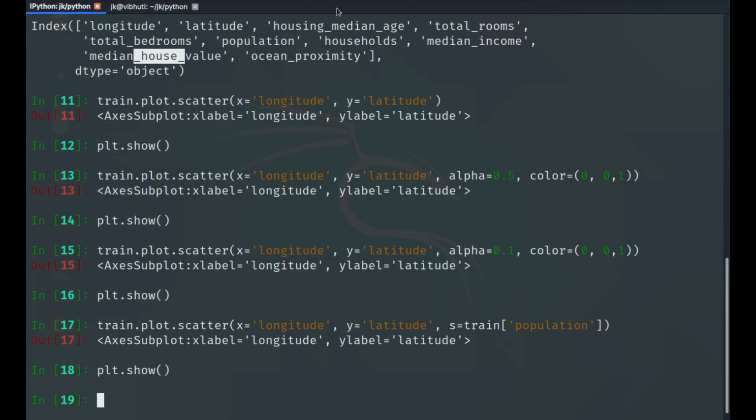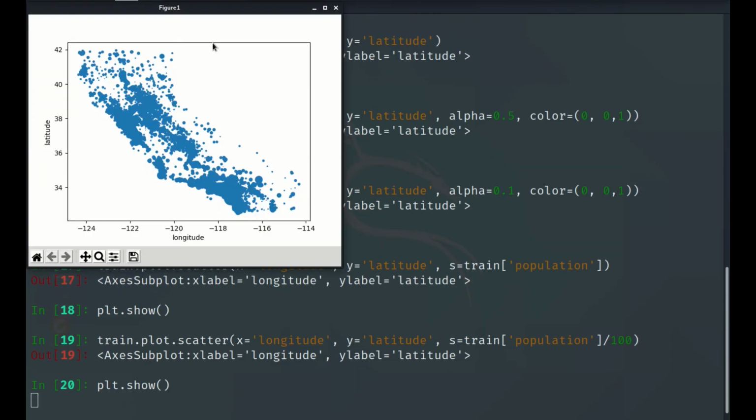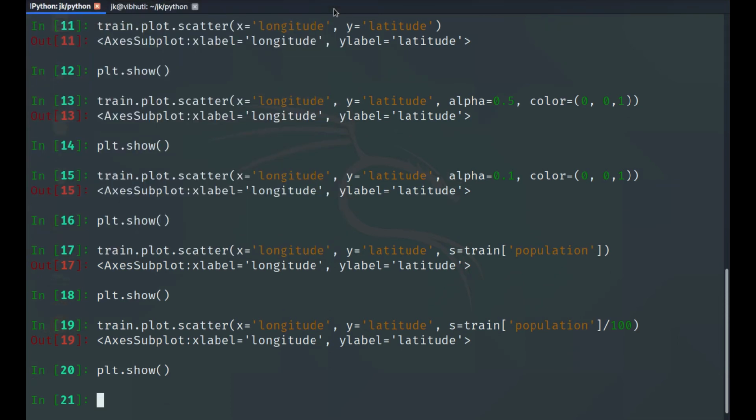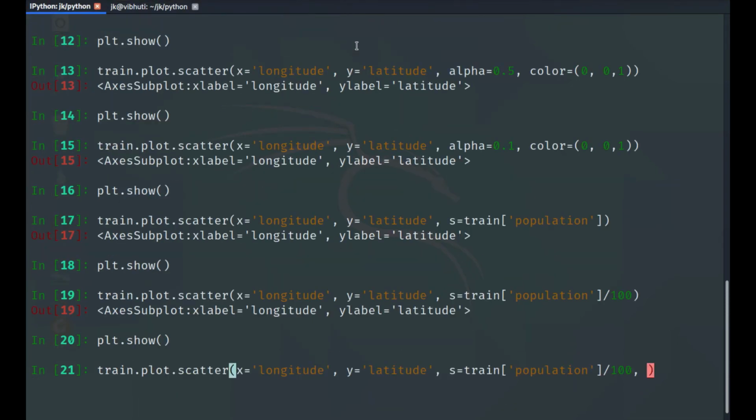Nothing there, so we can scale it down maybe to 100. Again, we can play around with that. Yeah, it's much better. So now we will include the median